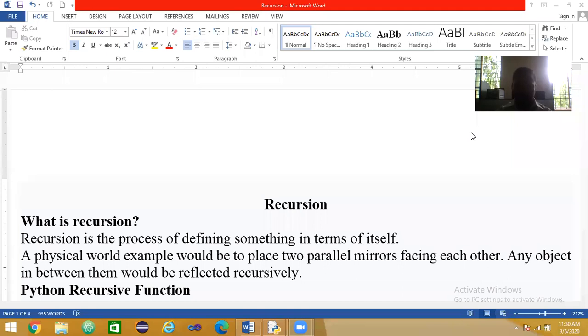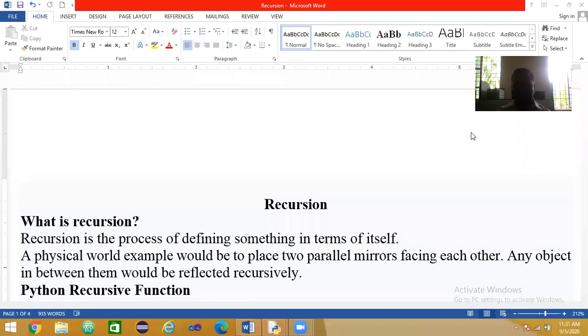Recursion. How recursion is defined in Python. You know the definition of recursion. Recursion is what?